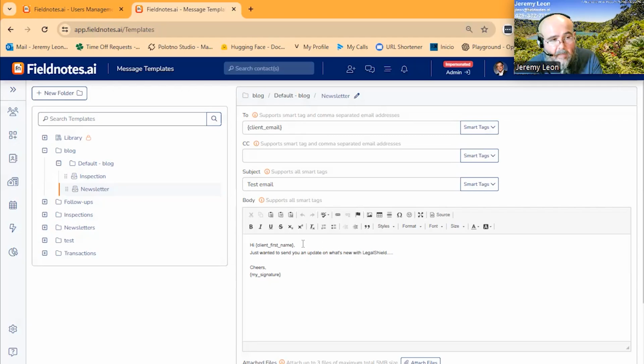When I was doing it, I had to put in the first name, but here we have smart tags, right? So you can use smart tags for a lot of different stuff so that you don't have to constantly edit these templates. You can just use the smart tags and it'll pull the information from the contact. So I really feel our libraries, not only do they help you with the content that we have available for you to use, but you can also build your own library